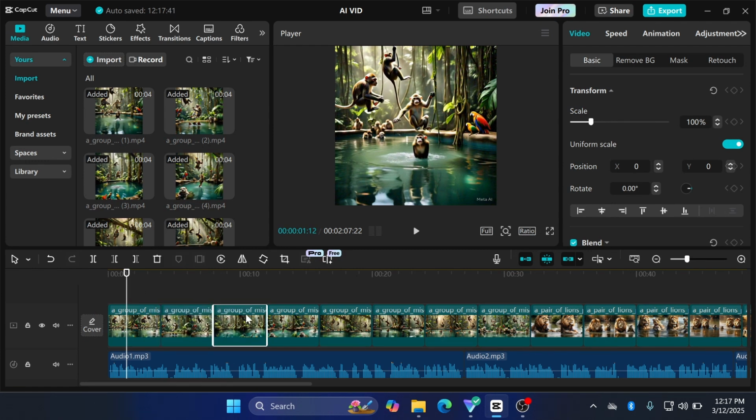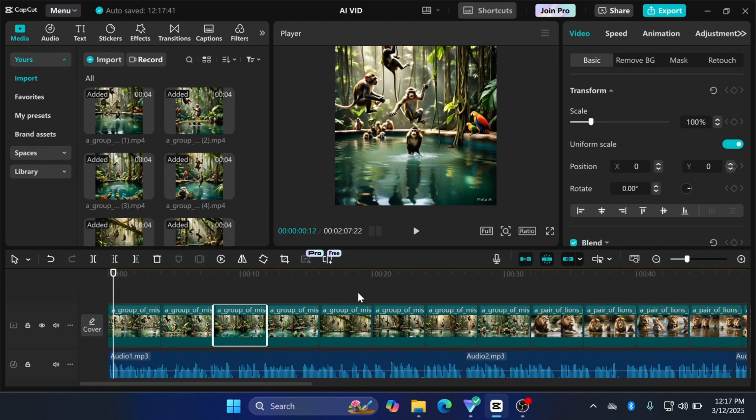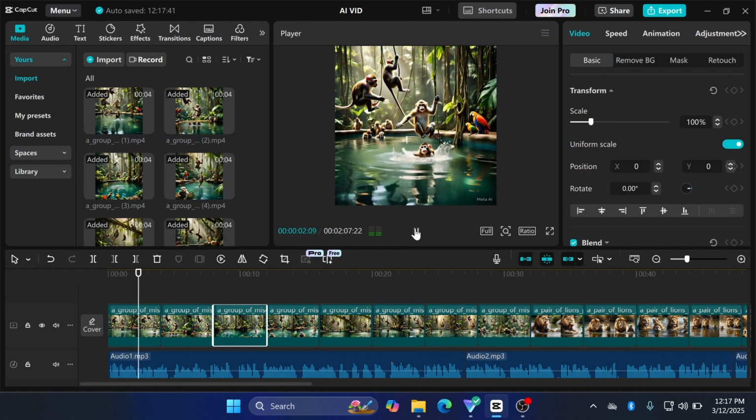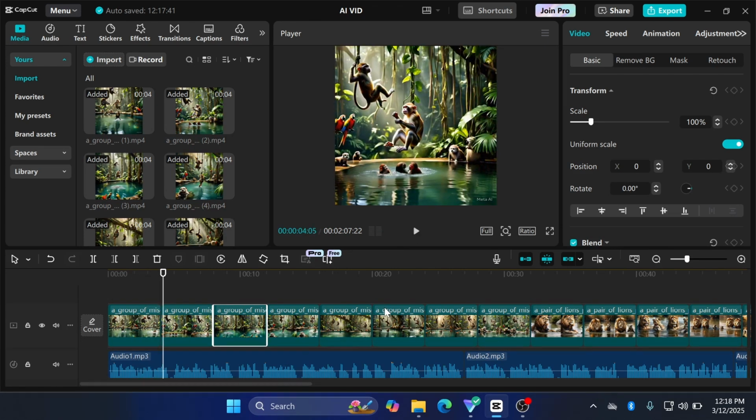Now that we inserted all our clips on the timeline, let's go ahead and play and hear how it sounds here. Vibrant jungle with a large crystal clear swimming pool in